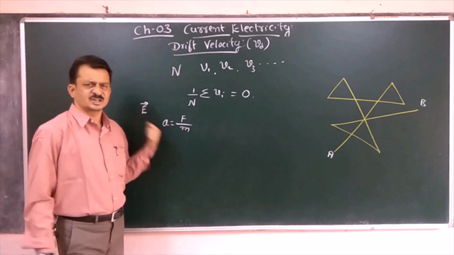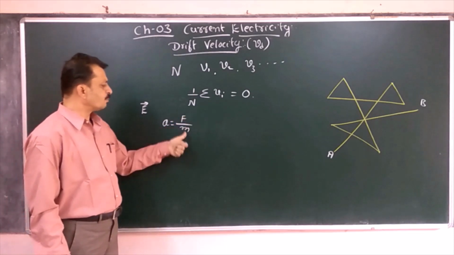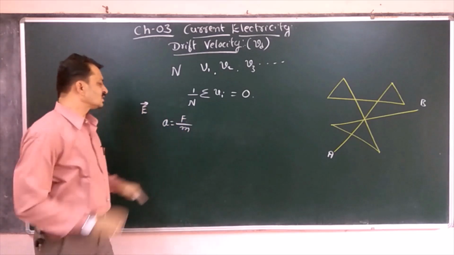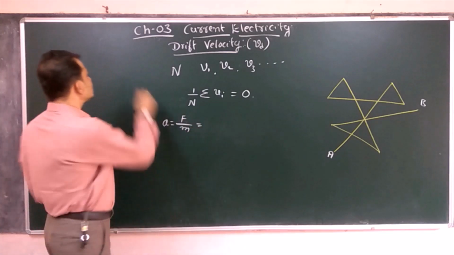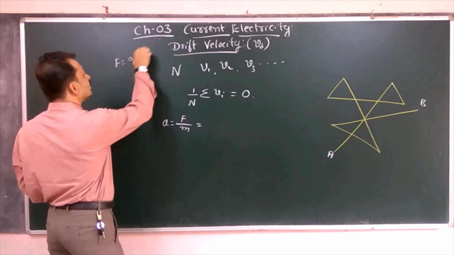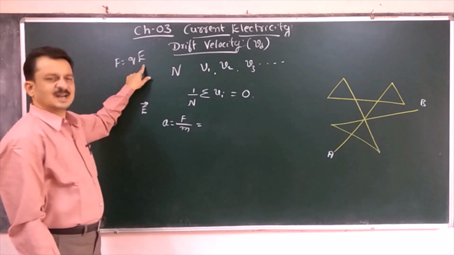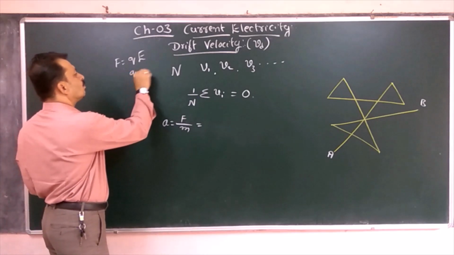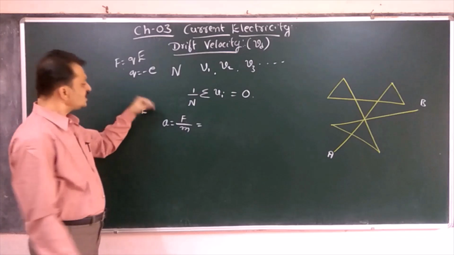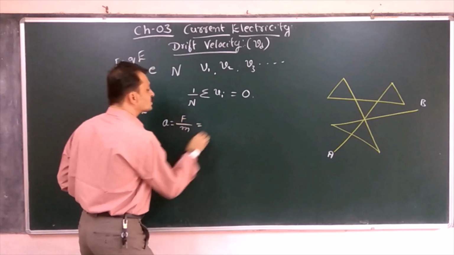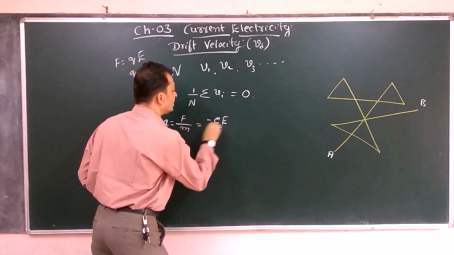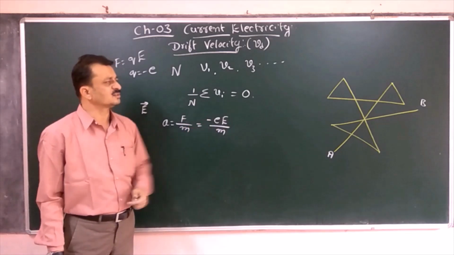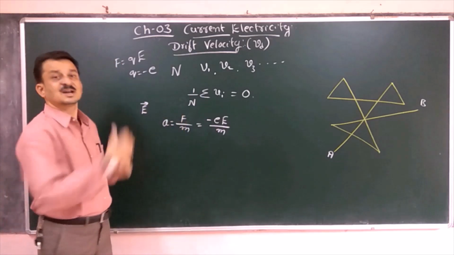So F is equal to m into a, and through that, acceleration a is equal to F by m. F is the electrostatic force, m is the mass of the electron. Now we are already familiar: force is equal to Q into E, charge multiplied by the electric field. But here we are using an electron. Electron charge is minus e. So the force becomes minus e into capital E, divided by m. Now this much acceleration the electron acquires when an electric field is applied.